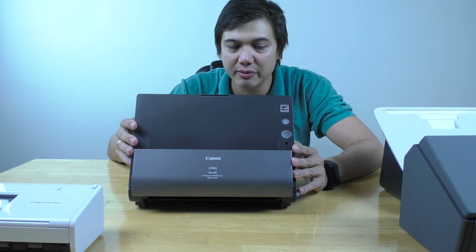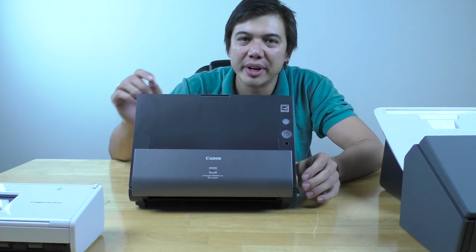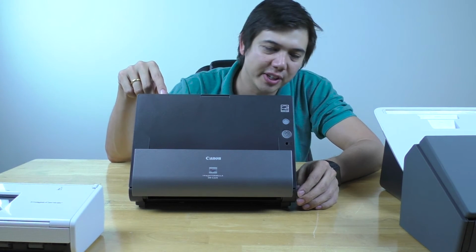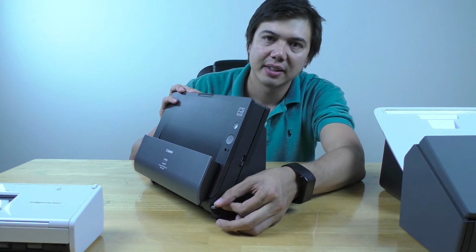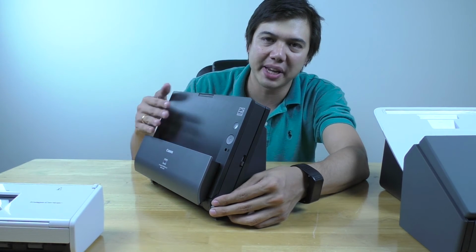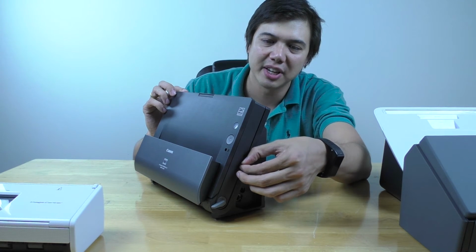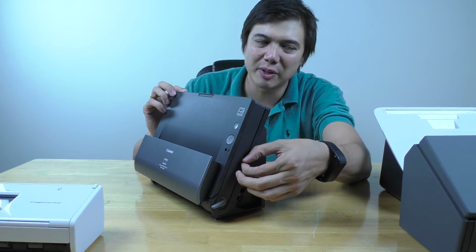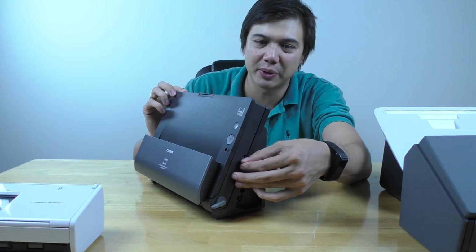The wireless version of this scanner costs $200 more, and I went into it in more depth in my detailed video review of this. But I feel like these switches on the side, the one to feed documents straight through or use the U-turn to make it more compact, as well as the separation versus non-separation modes, this is something that you would really want to consider strongly against getting the wireless version, because if you have